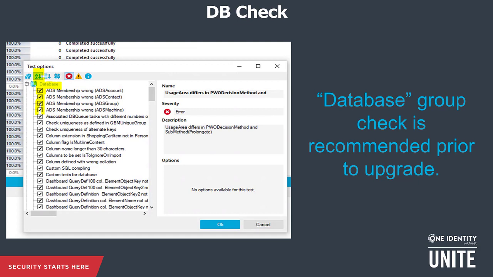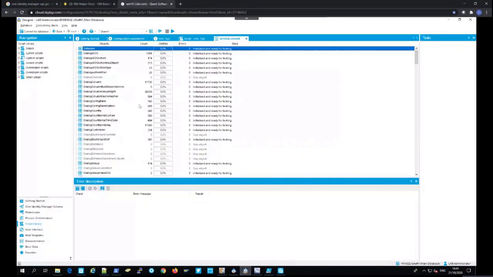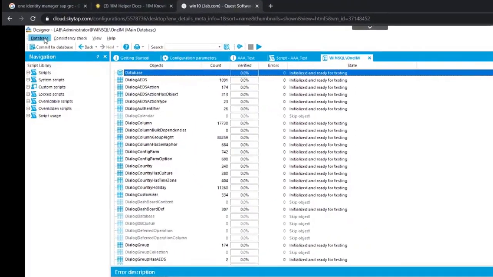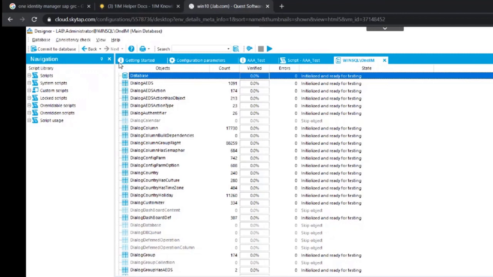Now, we do provide, and let me just switch back, so there's a little demo mode, we do provide tooling to help with this. So in the designer, if we go into the check data consistency view, then there is this ability to tell Identity Manager to go and check the various aspects of the database.